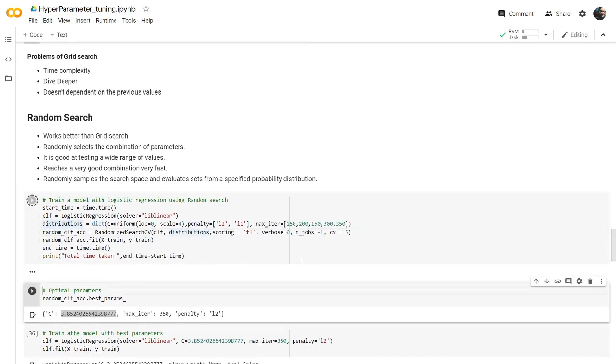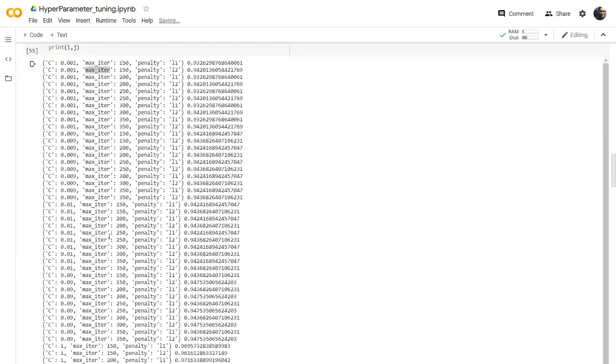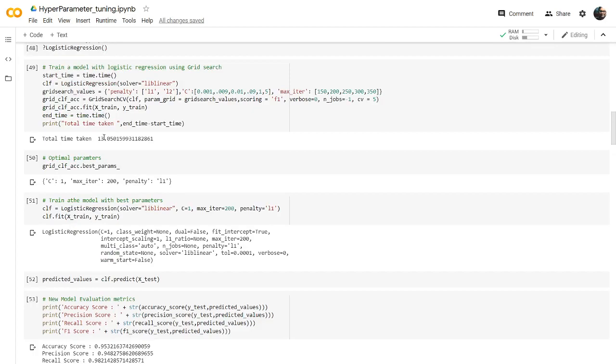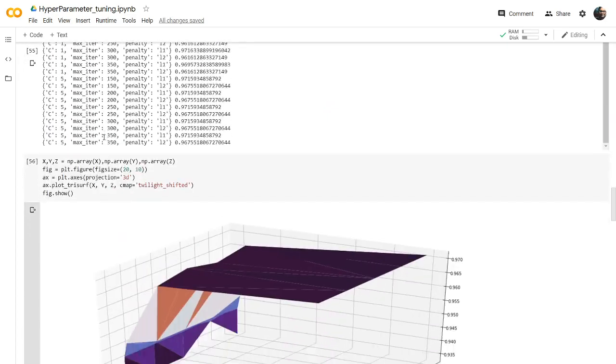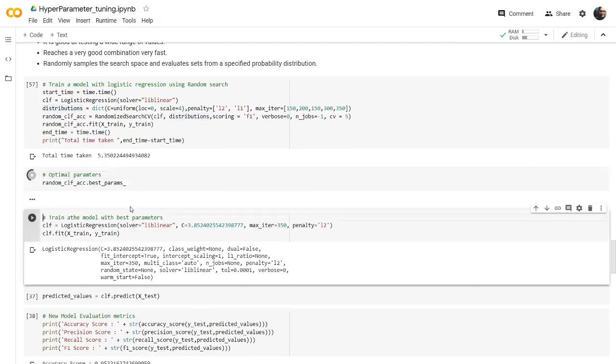So let's train this algorithm and see the time it takes. It only took 5 seconds here, but when you look at the grid search it took around 13 seconds, so it is faster. Let's print the best parameters here.